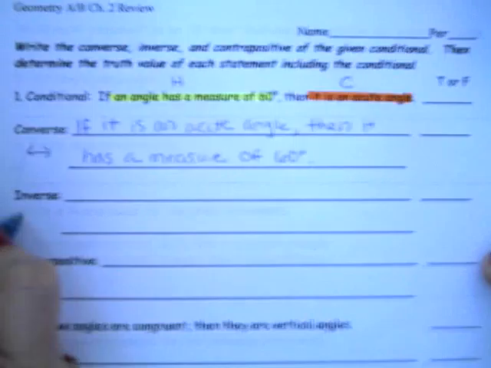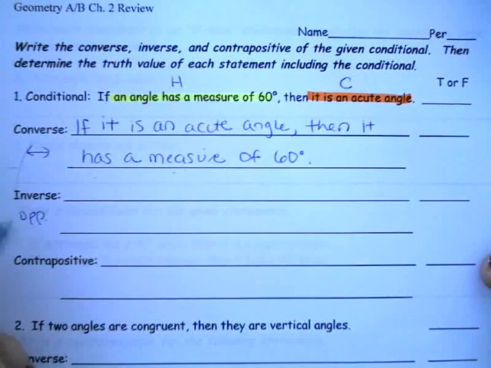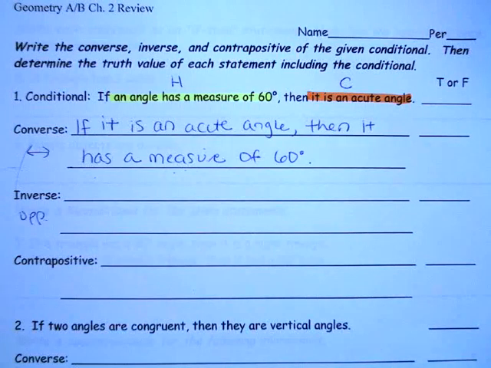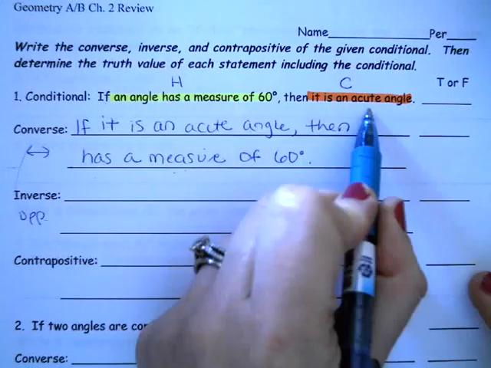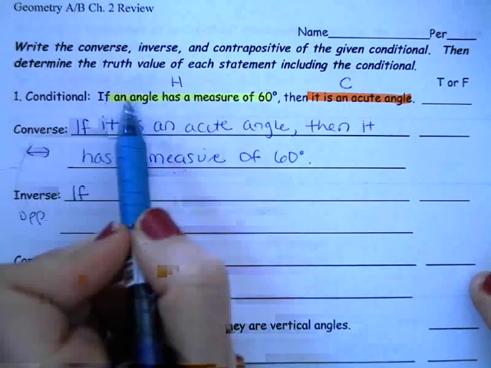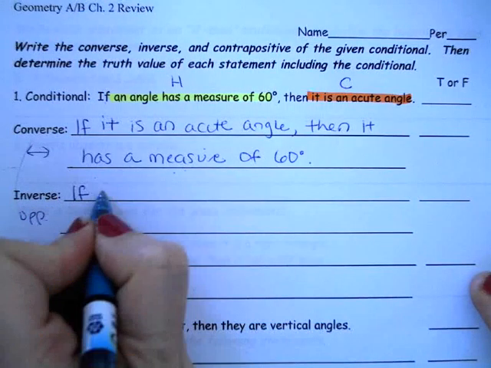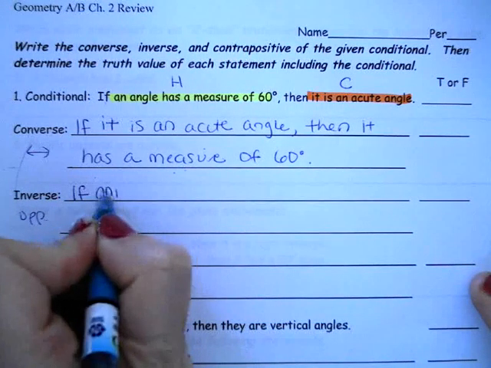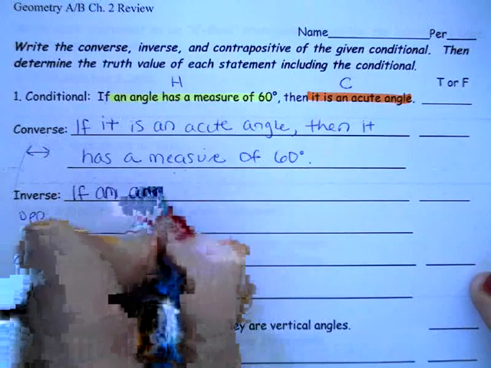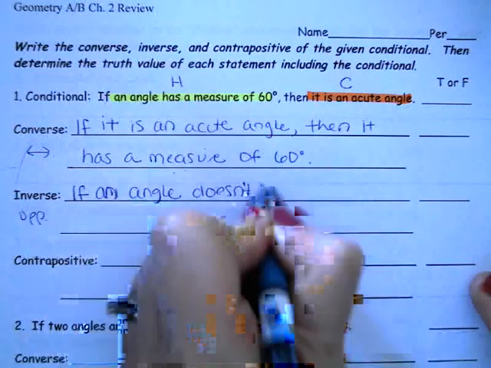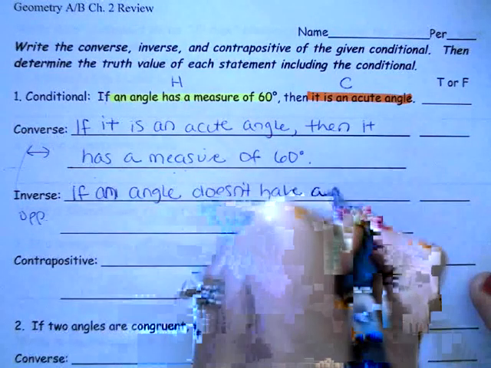Inverse, you want to do the opposite. The opposite means to negate, so we're going to negate it. So if it's raining outside, the negation of that would be it is not raining outside. So I want to keep the same order as the original, but instead of writing an angle has a measure of 60 degrees, I want to negate that and say if an angle doesn't have a measure of 60 degrees,